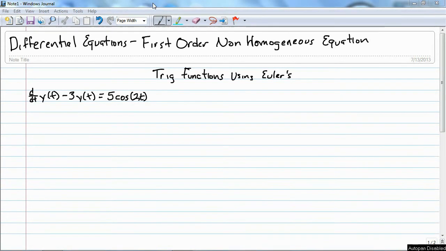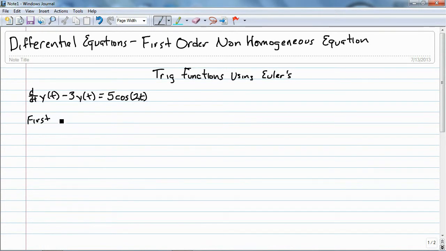Now, if you haven't looked at the video regarding imaginary and complex numbers, and also the video for the exponential, which talks about Euler's, please do that. You'll need to look at those two videos so that you can appreciate how we're using it in solving this equation. Now, for the first step, and I keep emphasizing this,